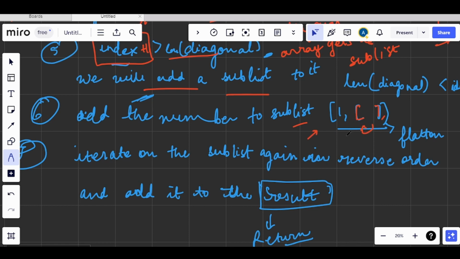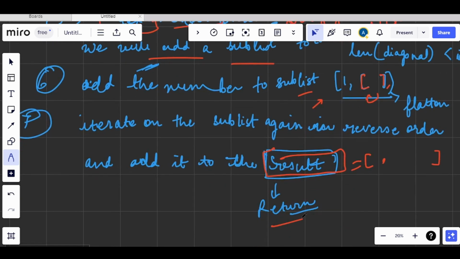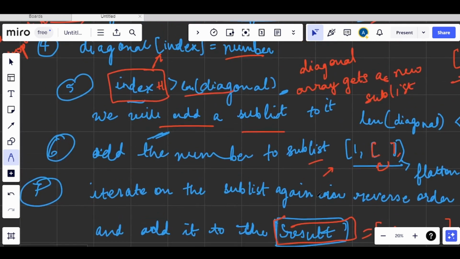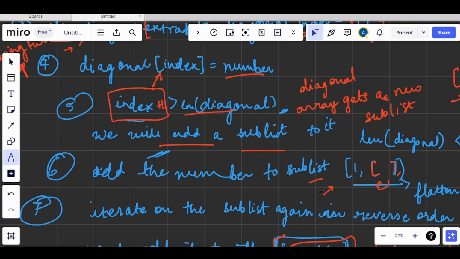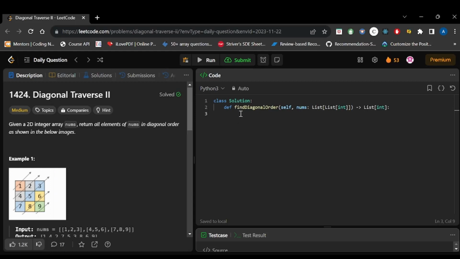We will reverse the sublist and add all the values together in a variable. If we name it result, all the values will be added to it and we will return the result as output. Let's see the code now, so whatever little doubts we have will be cleared.